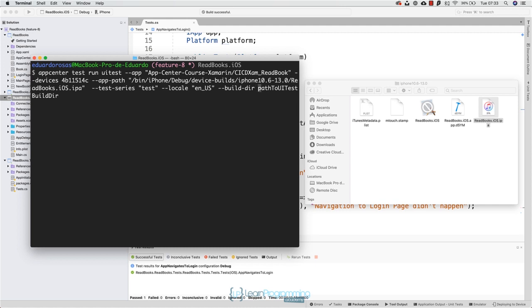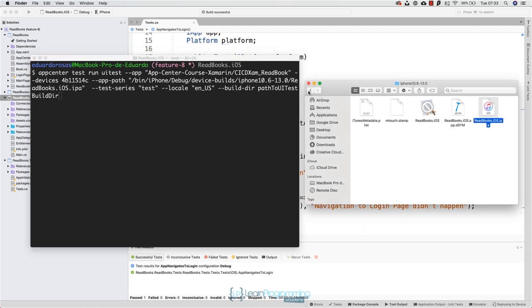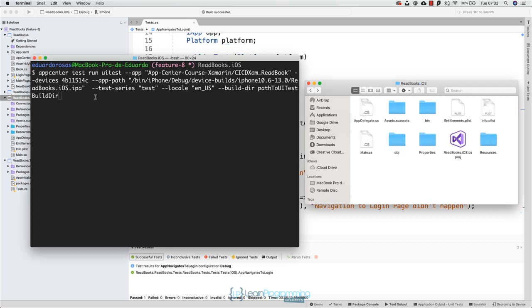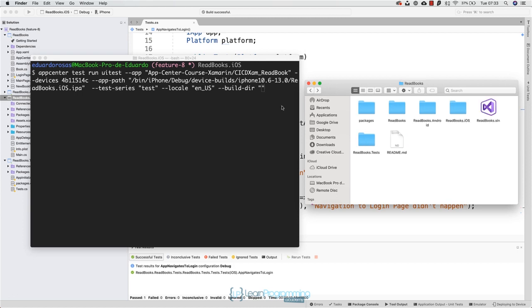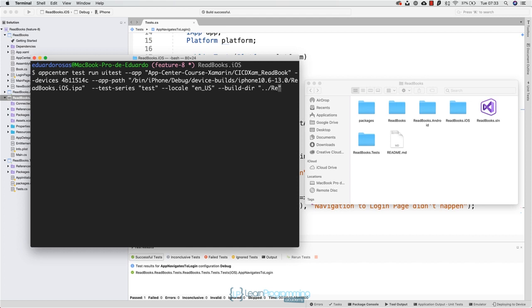Now let's take a look at the path to the UI test build directory. And we're going to start back in the redbooks.ios directory. From here, I am first and foremost going to have to navigate back to the previous directory, over to the directory where we can find the .test folder. So navigate outside of it and into